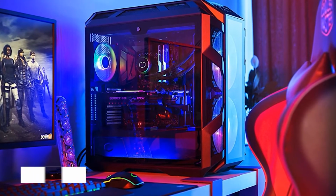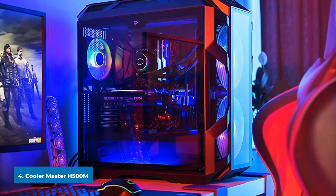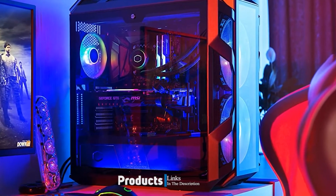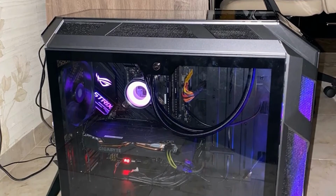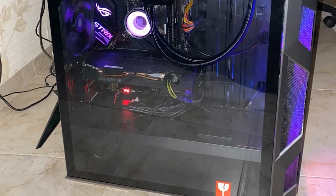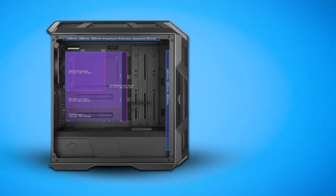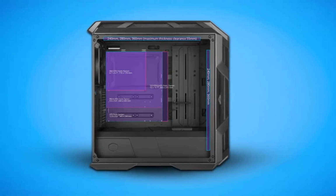Next at number 4 we have Cooler Master H500M. Cooler Master's H500M is the company's latest flagship mid-tower, but we'd rather it be called a full-size tower. Measuring 21.4 x 9.8 x 21.5 inches, the H500M is one of the biggest mid-towers on this list. Thanks to its large size and internal layout, it's straightforward to build in and supports a huge variety of components